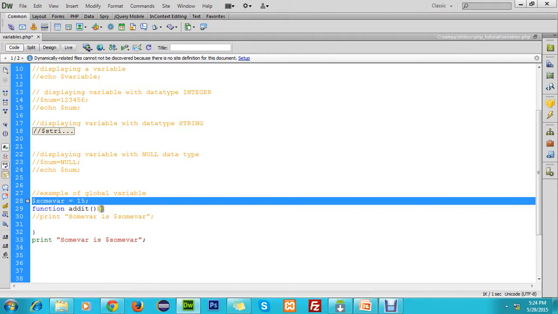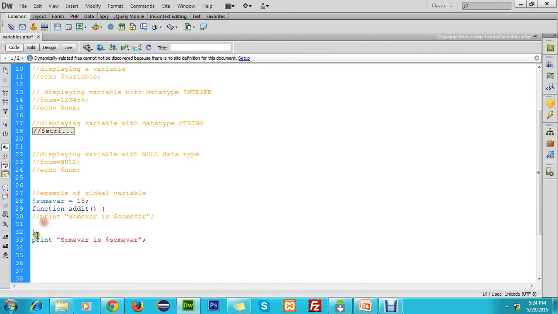We are going to see how the result comes when we call this $sum inside the function and when we call it outside the function. First, we will see what it gives us as a result when we call it inside the function.